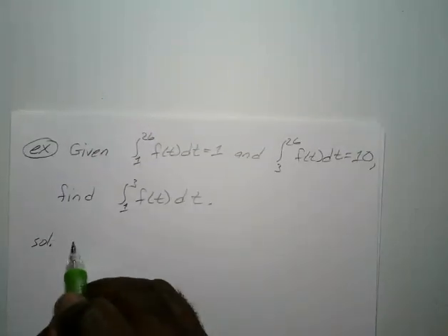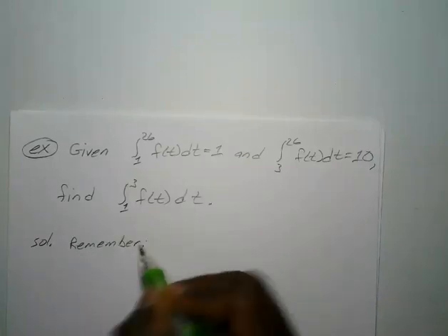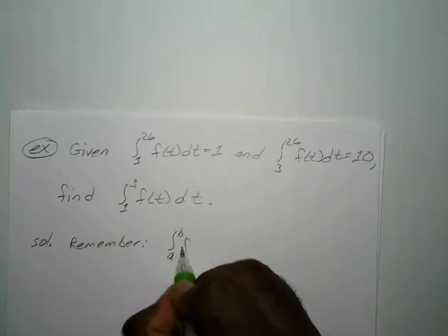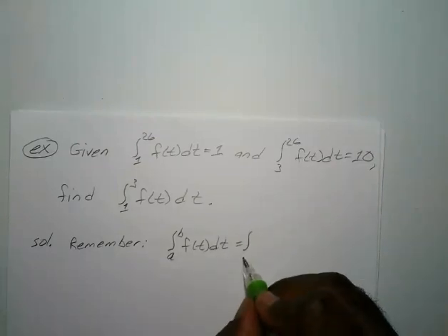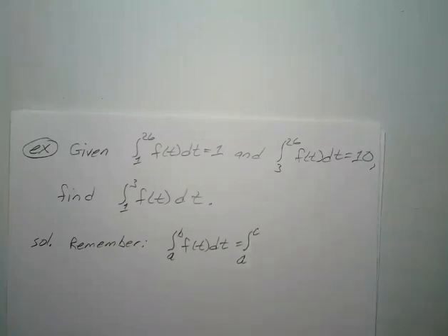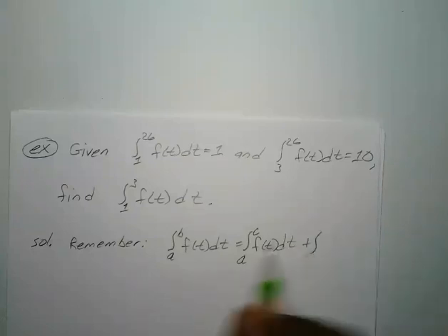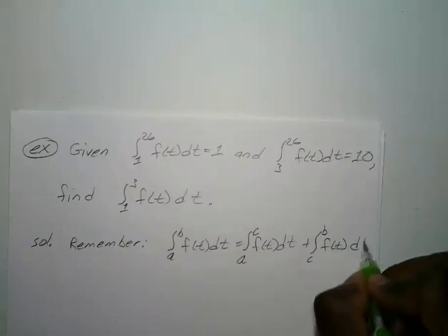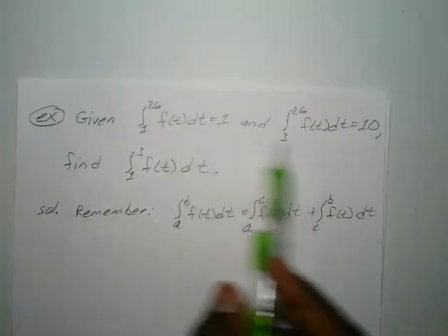Okay, now for this one, you want to remember that the integral from a to b of f of t with respect to t is equal to the integral from a to some value in between of f of t, plus that value, what we'll call c, to b of f of t with respect to t. All right, so just using what we have up here,